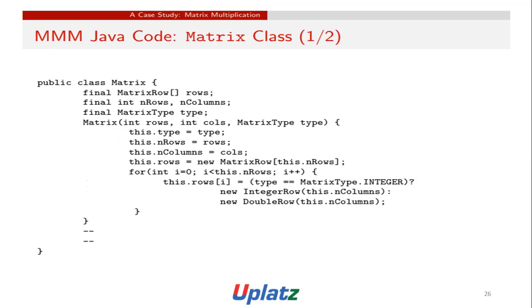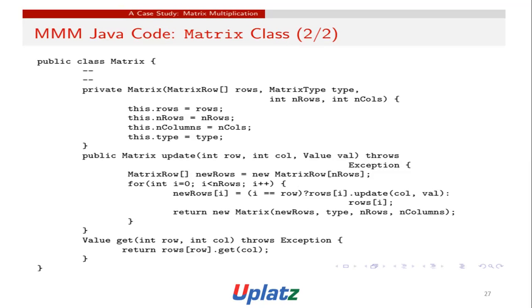Matrix multiplication Java code, Matrix class 1/2. public class Matrix { final MatrixRow[] rows; final int nRows and nColumns; final MatrixType type; Matrix(int rows, int columns, MatrixType type) { this.type = type; this.nRows = rows; this.nColumns = columns; this.rows = new MatrixRow[this.nRows]; for (int i = 0; i < this.nRows; i++) this.rows[i] = type == MatrixType.INTEGER ? new IntegerRow(this.columns) : new DoubleRow(this.columns); }